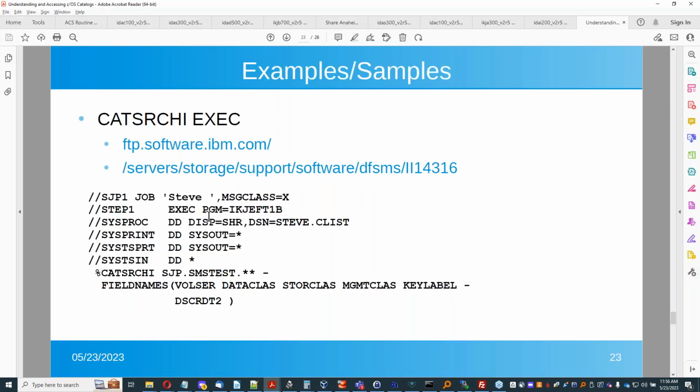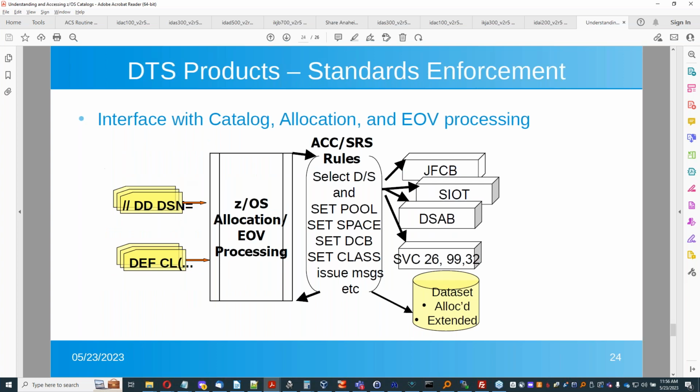So Cat Search I is a really useful way to call the catalog search interface from Rex. For our products, we do interface with all of the DTS products, which are typically used for standards enforcement or for space error recovery. We interface obviously with SVC26 and with catalog and allocation and volume processing. We actually get control and front end allocation and volume processing, and we front end SVC26 as well as a couple of other